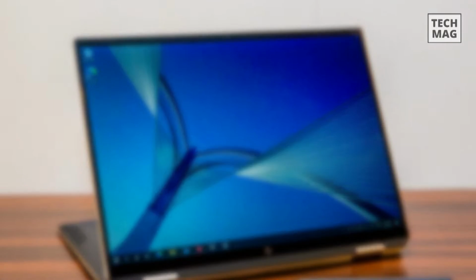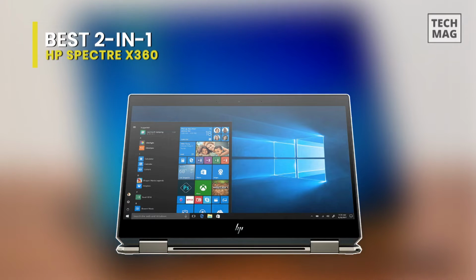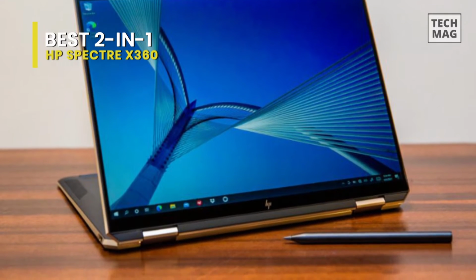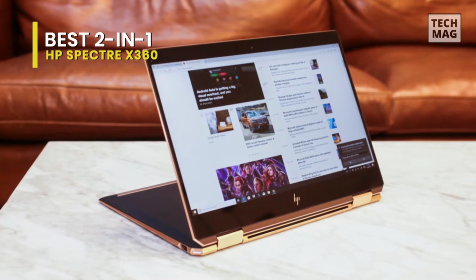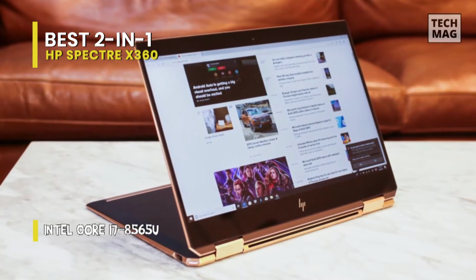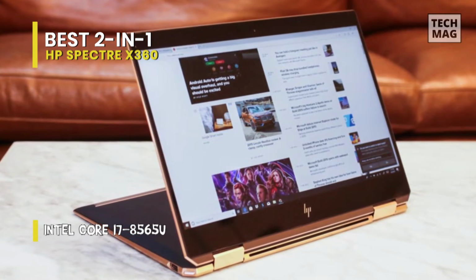Best 2-in-1, HP Spectre X360. The HP Spectre X360 presents a brilliant update on an already excellent laptop, bringing the latest Intel hardware to a stunningly designed 2-in-1 device. It can get a bit loud, and it's expensive, but it looks beautiful and offers brilliant